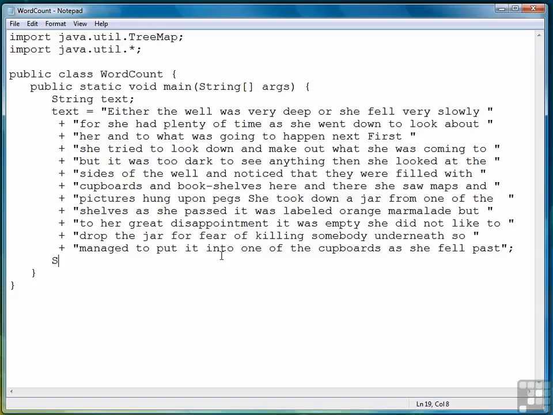So the first thing we're going to do is create an array by using the split method to split on a space. I've taken out all the punctuation as I did before, and all we're left with is words and spaces. Then we're going to sort the array into alphabetical order by calling the sort method from the Arrays class. Now we're going to introduce a count variable, which we'll use later to track how many times a word appears